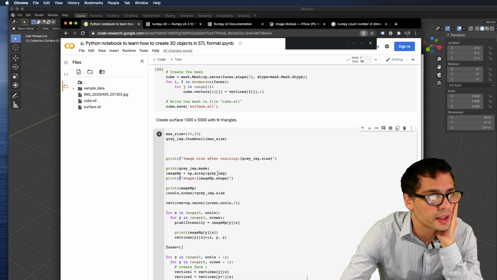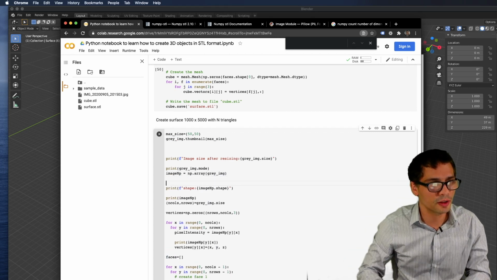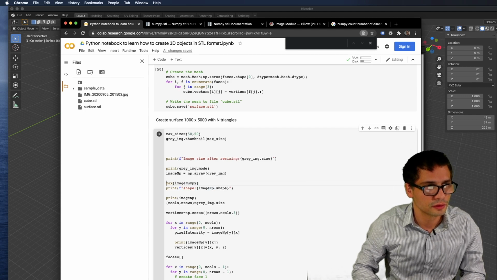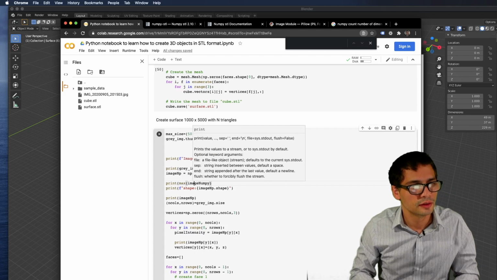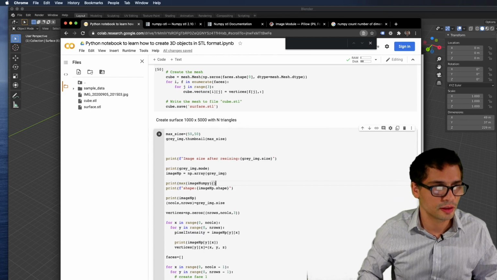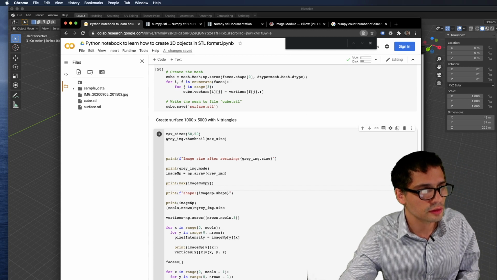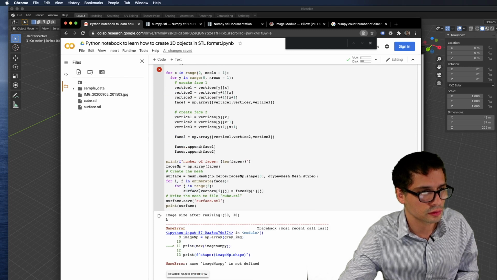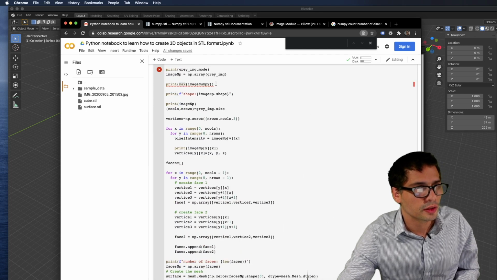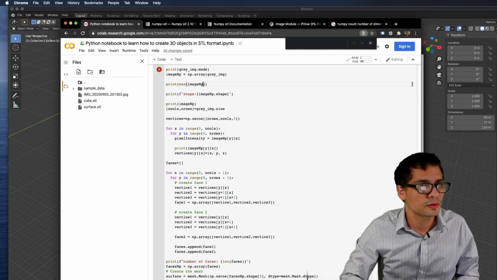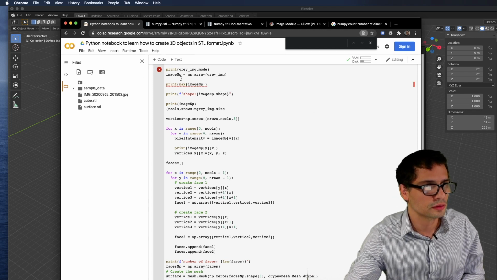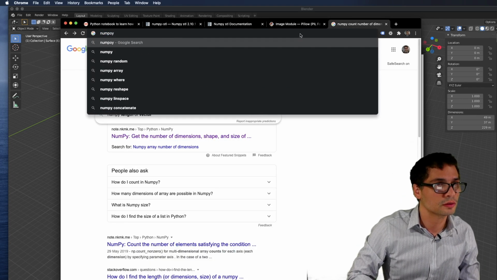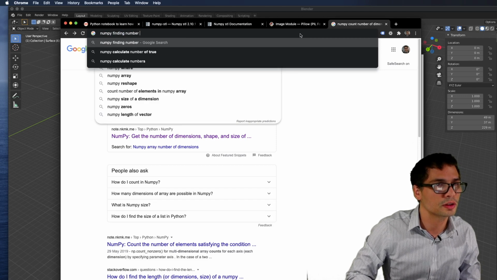So I have created here my NumPy array. How about I just do something like max image NumPy and print it. I know NumPy allows you to do something like this, but I'm not sure whether I have the right notation or not, which I don't. Oh, that's because I didn't specify the right name. Okay, let's see. NumPy finding number with highest value.